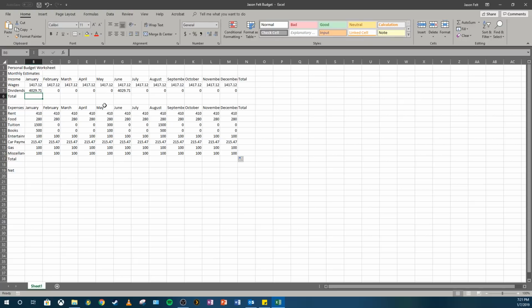Another thing you should know too, when you select multiple cells, it's called a range as well. So we're going to select B6 to make this the active cell. Then we're going to go to the Home tab, Editing group, and press AutoSum. Or you can just press Sum. What that does is it will add 1417 and 12 cents with